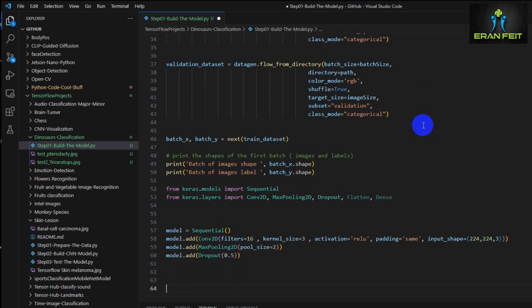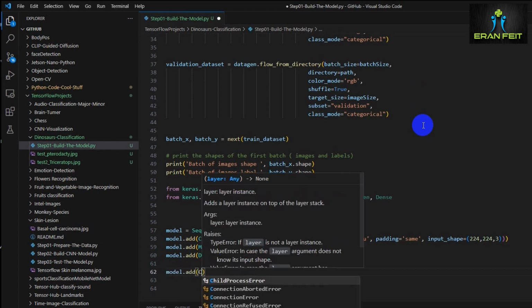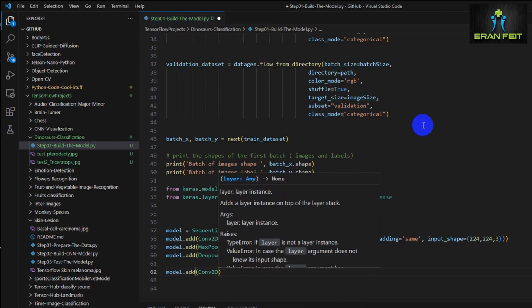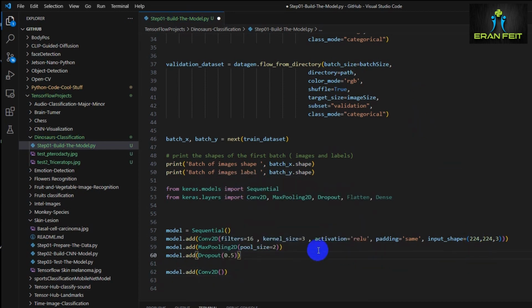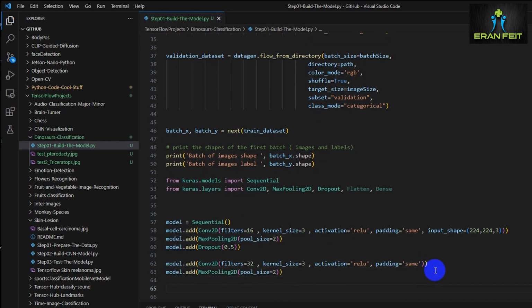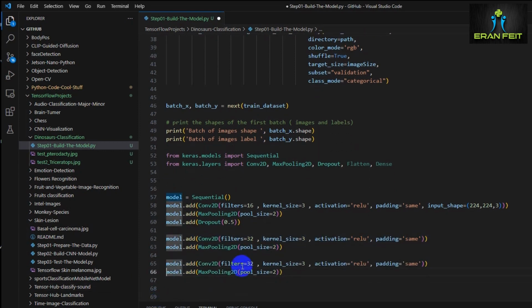Now we will add a dropout of 0.5. That means half of the neurons will be dropped out of the process, and this is a regularization process in order to reduce overfitting. Next, let's create another convolution layer of 32 filters, and the next one will be 64. I believe we should add another dropout,